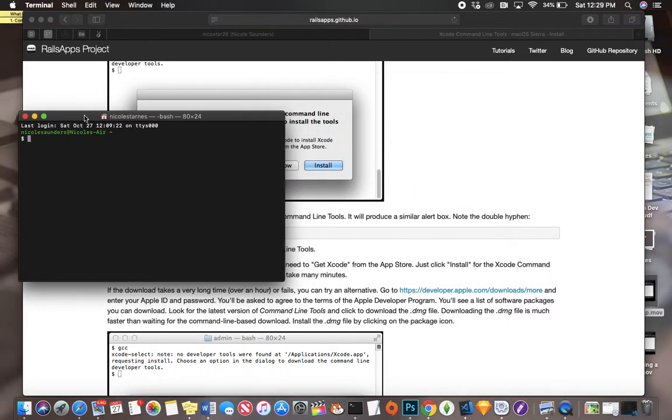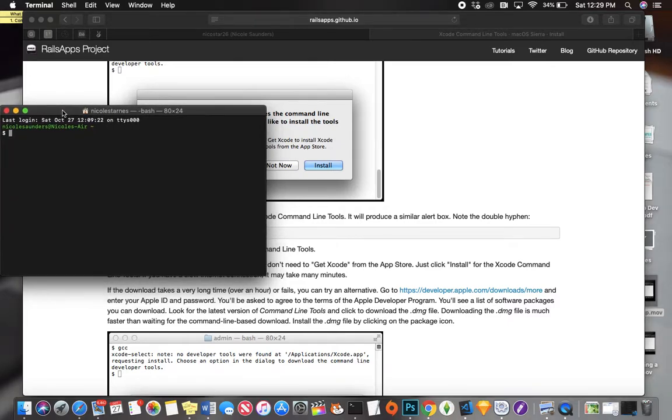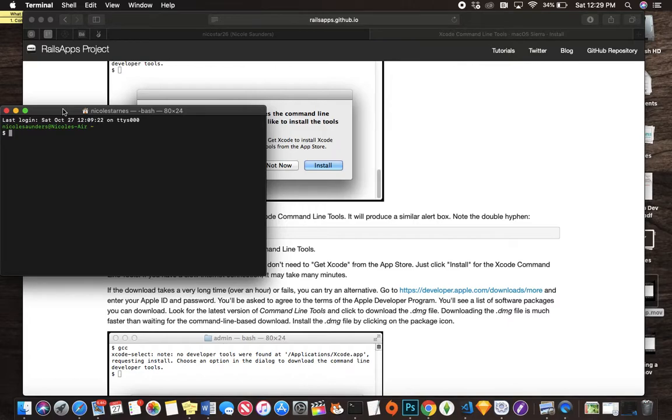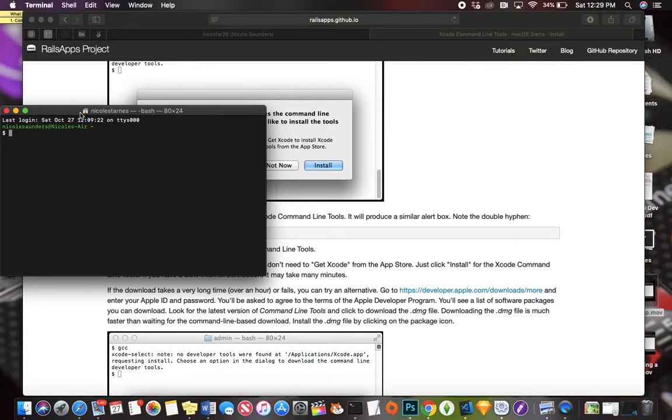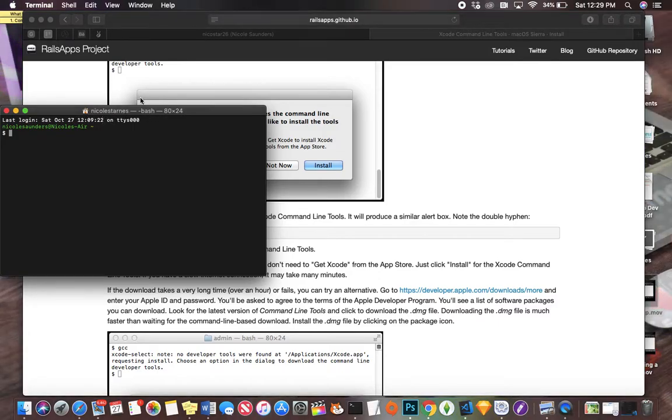I wanted to tell you that right off the bat because I've followed a lot of tutorials and got upset because it wasn't working, and this is why. Xcode was not installed. So now that we got that out of the way,